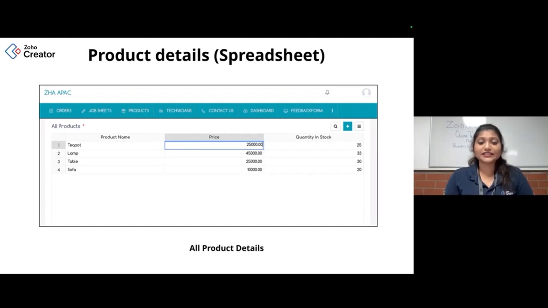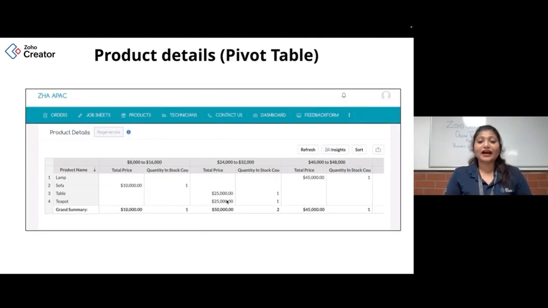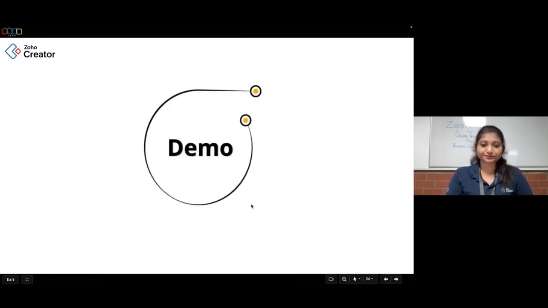So this is one type of spreadsheet report. And then the pivot table. Here again, you can create a separate pivot table within your report, where I can analyze the product details. I can see the product name, the total price, the quantity in stock, all of that.